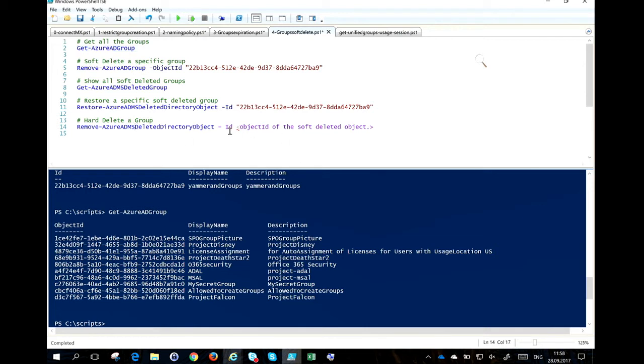What happens if you want to hard delete one of the groups? You do that with Remove-AzureADMSDeletedDirectoryObject, and then the group is deleted and cannot be restored from that point of view. So you have that as well. So the next step would be,